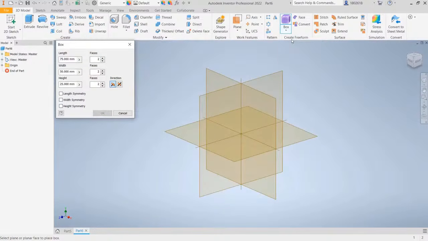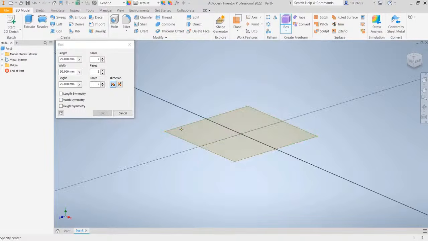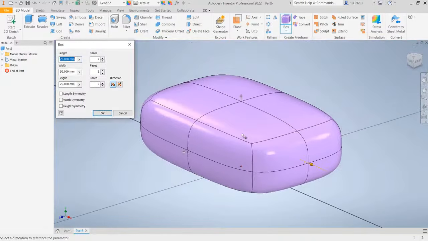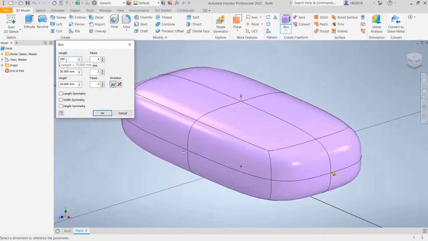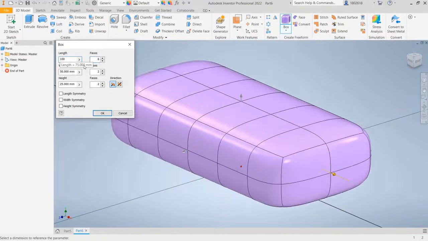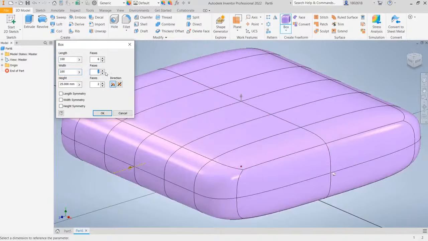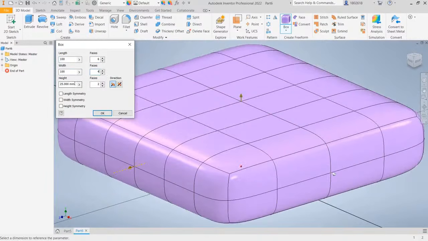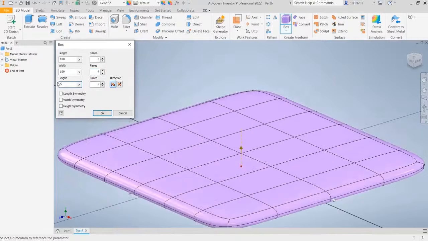Then the dialog box appears with options to specify dimensions, faces, modeling direction, and symmetry. To place the box, click the XZ plane, and then click the projected origin point at the center, and a preview appears. Key in 100 for the length with 6 faces. For the width, type 100 with 4 faces. For the height, type 50